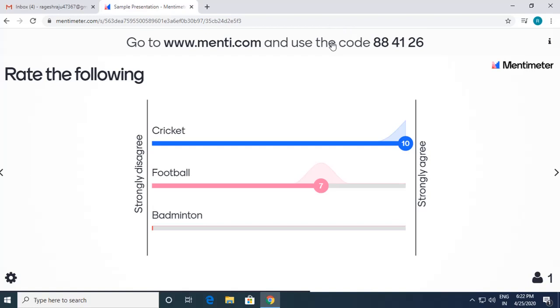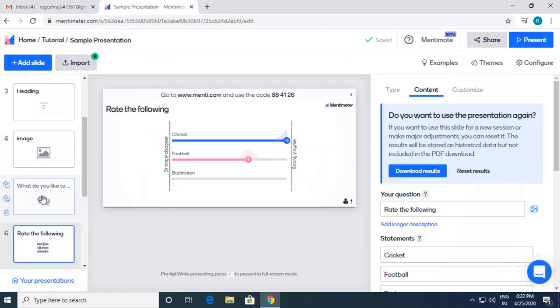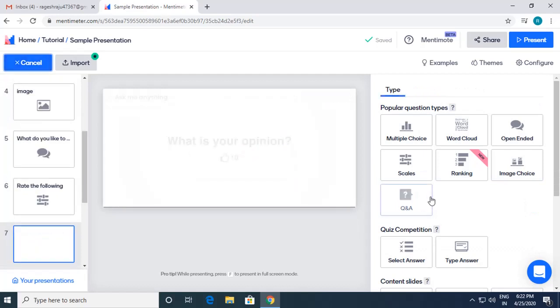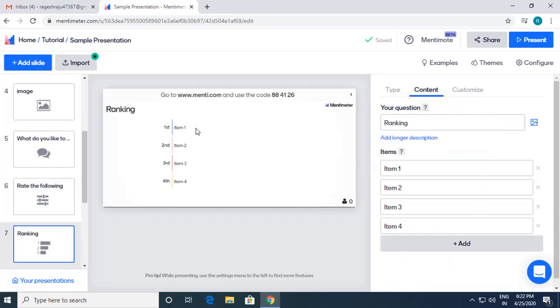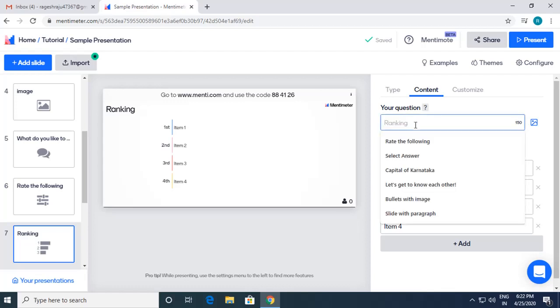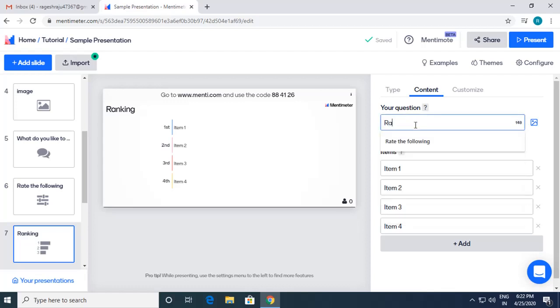The other type, I click on escape and go back. I'll add one more slide. The next one is ranking. If you want to rank something, I give the same kind of question: rank according to your liking.